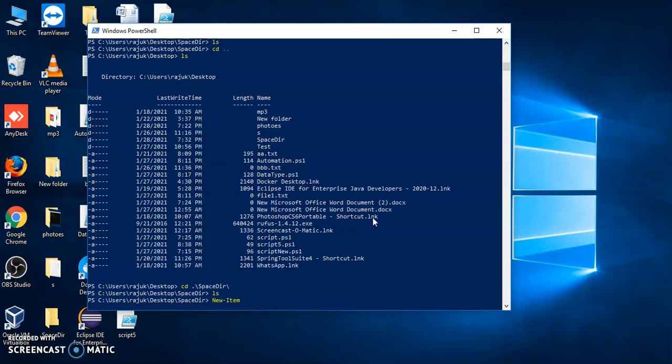Now if we don't know the full command, but we know that the command starts with the New keyword, we can check how many commands start with the New keyword. For that we will use only Tab. After pressing Tab, it shows the commands that start with New, like this.